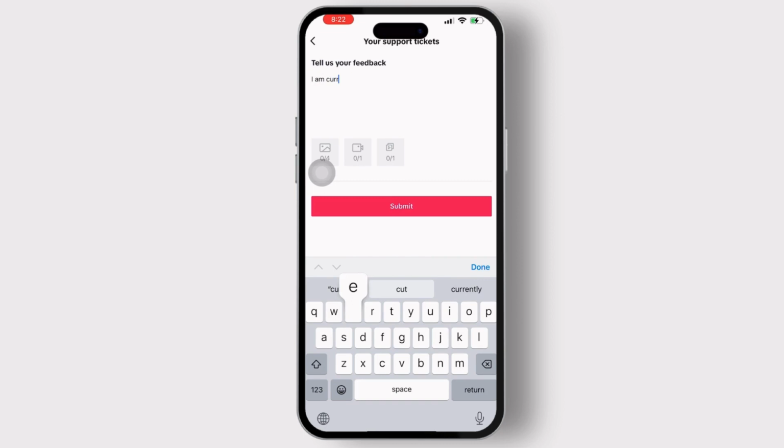So in here, in the request form, describe the issue clearly, explain that the photo mode feature is missing from your TikTok app and provide any relevant details or screenshots as well. Once you have filled out the request form, submit it to TikTok's customer support team by tapping on the submit